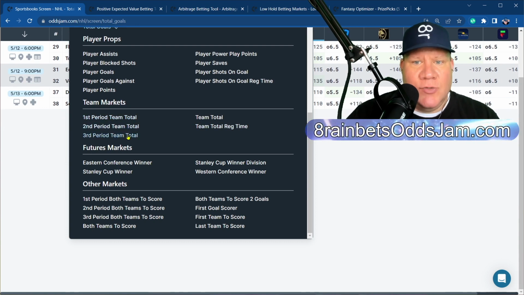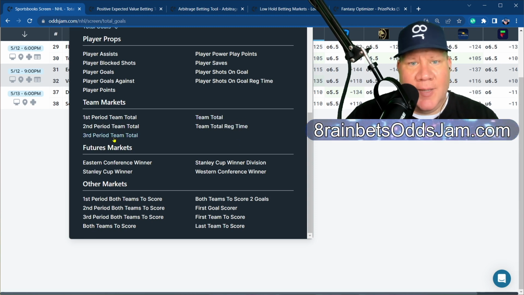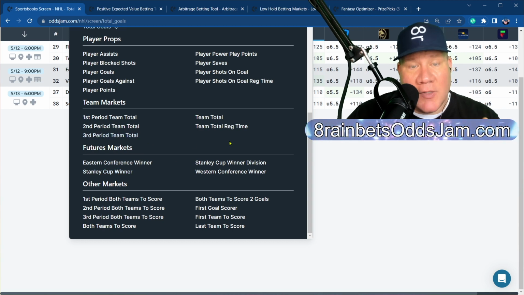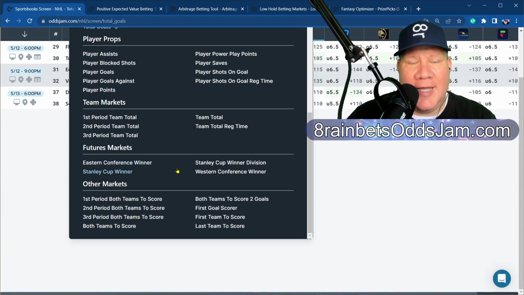Then team markets, you're seeing different team totals. So again, you're not adding the two team scores together, which is our traditional total. You're just looking at the individual score for that team over whatever period of time you're looking at. Regular time team total typically will be regular time plus any overtime period, which happens fairly frequently in hockey. It will also include the result from the shootout. So if that ends up being a shootout conclusion to overtime, you won't get a total for each of the goals in the shootout, but you will get one at the end with whoever wins that shootout. So just be aware of that.